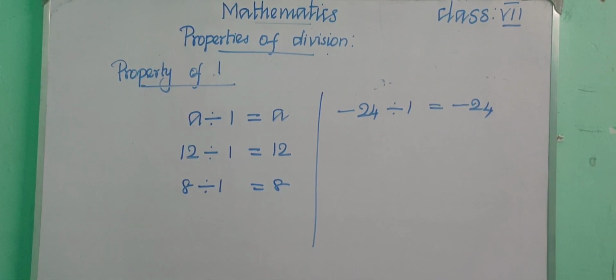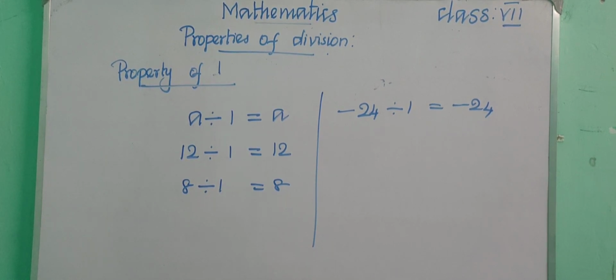And then the next is associative property. Associative property, if you are having 3 integers in different order, we will use associative property. Does it hold for division of integers? No, it is not possible for division of integers. It is not true. Associative property is not true for division of integers.